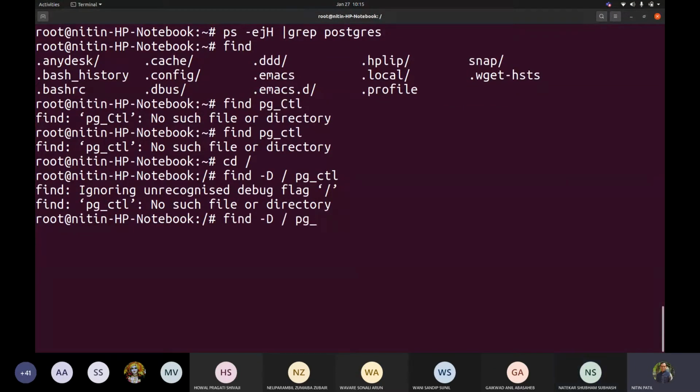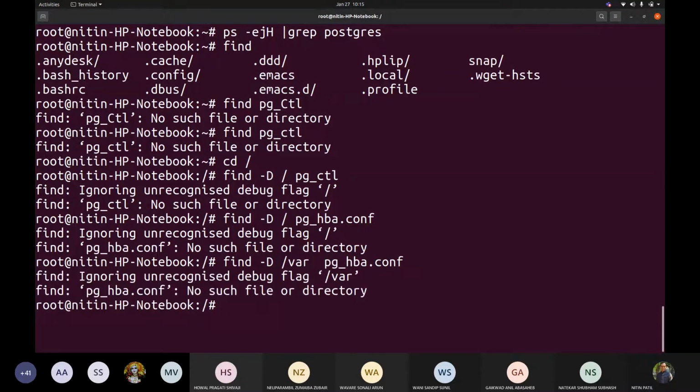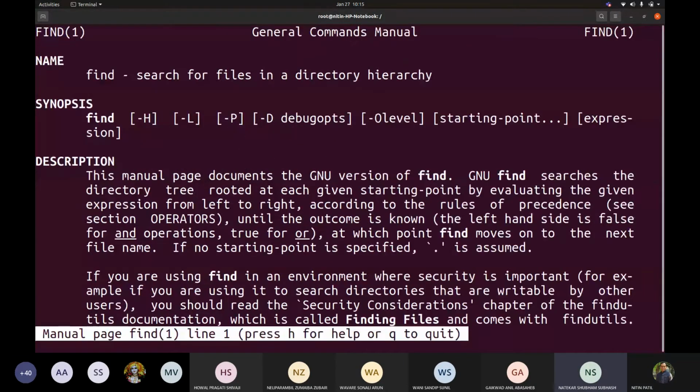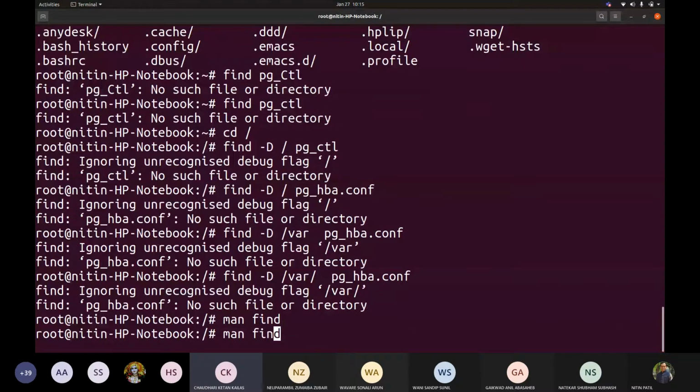So how shall I write this? I think something is missing in this command. I will search and then tell you. So dash d is the path, so it will not be used. So find, hyphen name, or file name.